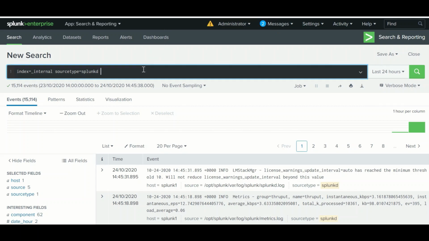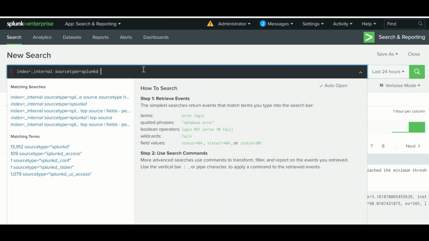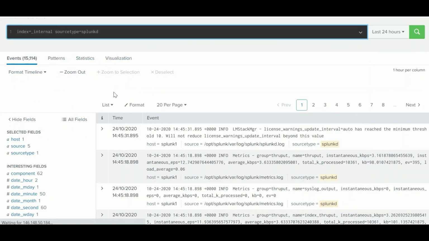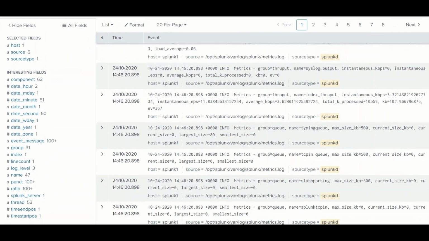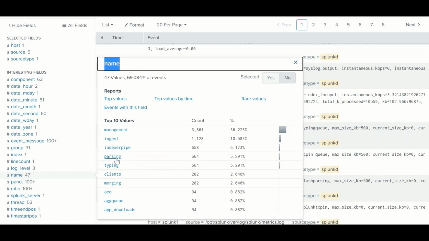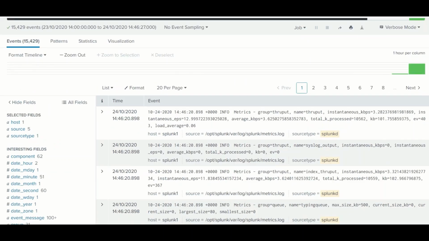The next one is the rename command. Through the rename command, you can change the name of any field. If you do not have a meaningful name in your field, you can change it. Here, I am not convinced what exactly this name is, so I can give this field a name like application name or event name.